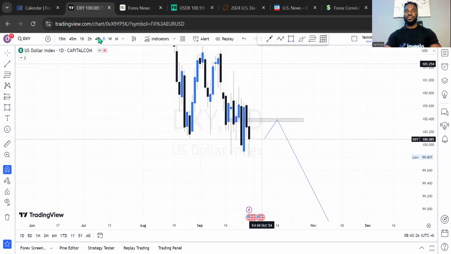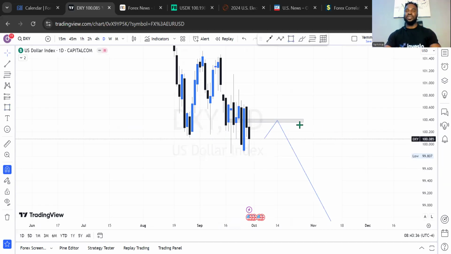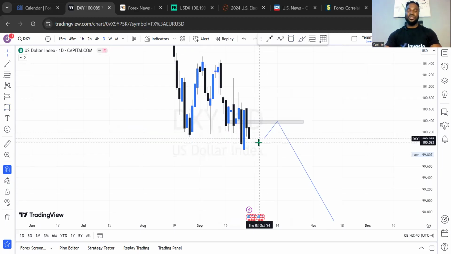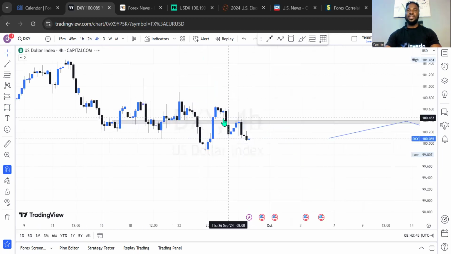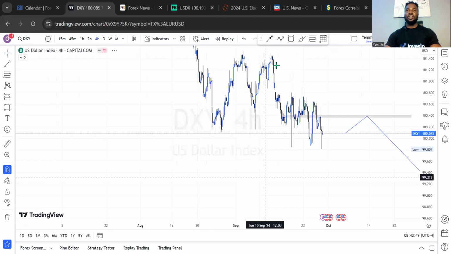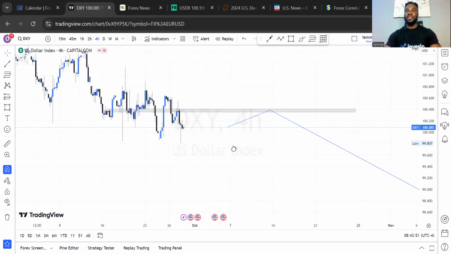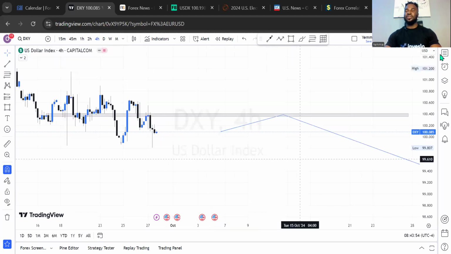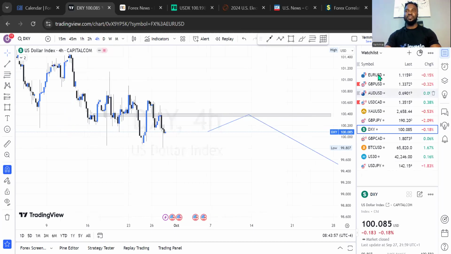So if DXY will be dumping, then what do we expect on Euro USD? If DXY is going bearish, what should we expect on Euro US dollar? So the 4-hour time frame is the same. Look at it. The information is right the same there. So I'll still be expecting a bearish outlook on that particular movement. So let's check the daily time frame or the monthly time frame on Euro USD.